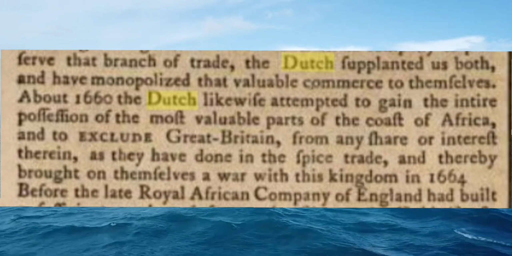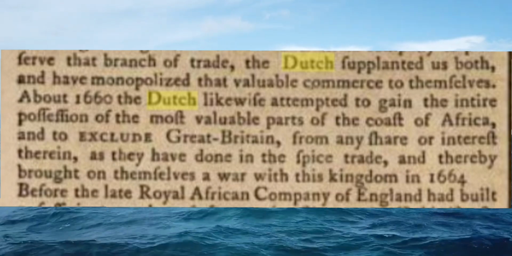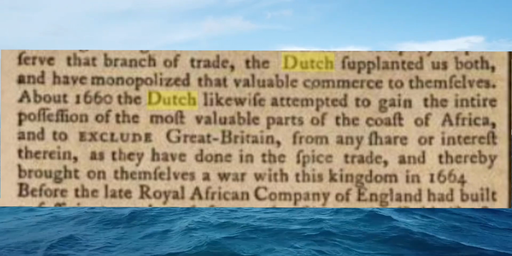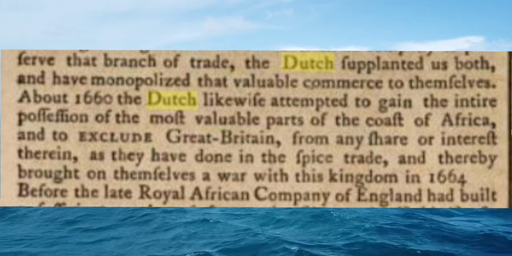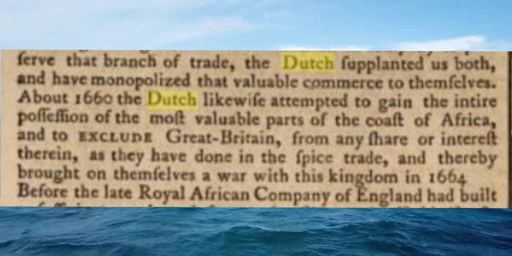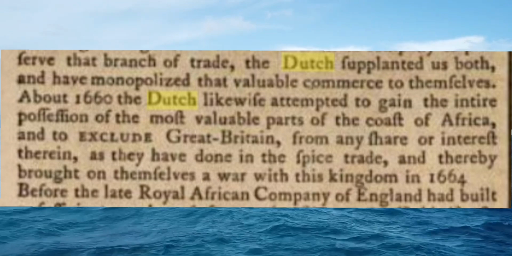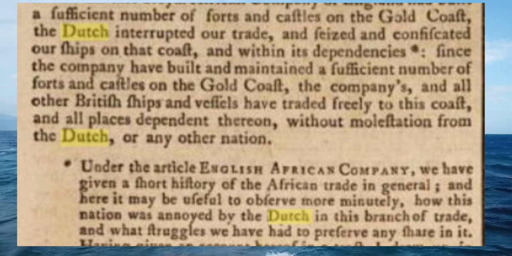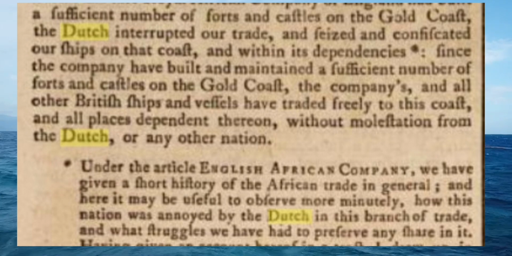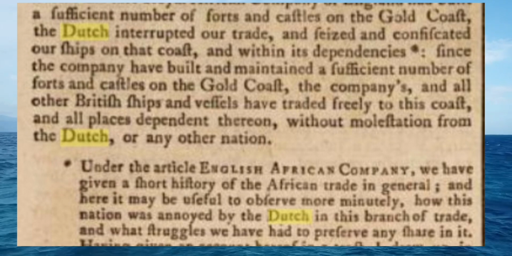As they have done in the spice trade, and thereby brought on themselves a war with this kingdom in 1664. So we see consistently, anytime the Royal African Company, the Jacobites are trying to do something, the Dutch are always there to interfere. Before the late Royal African Company of England had built a sufficient number of forts and castles on the Gold Coast, the Dutch interrupted our trade and seized and confiscated our ships on that coast, and wherein